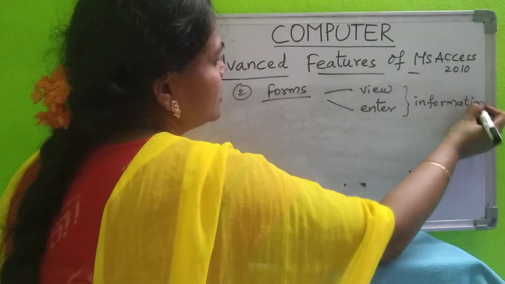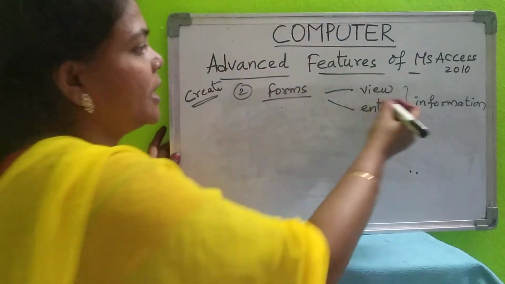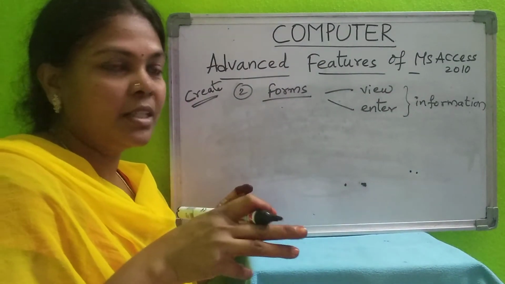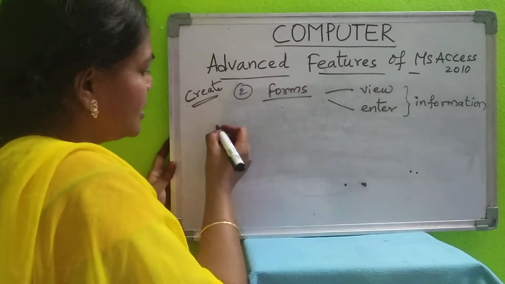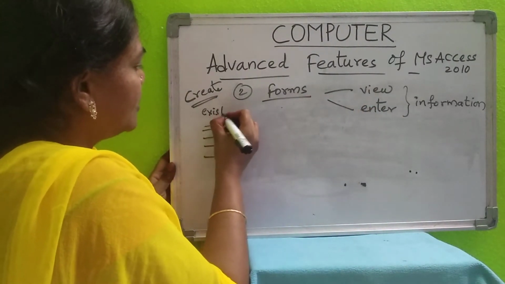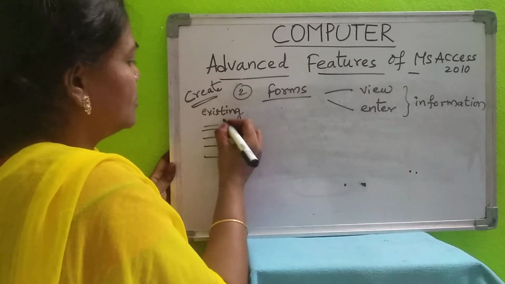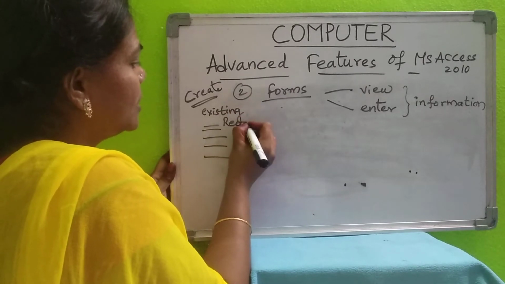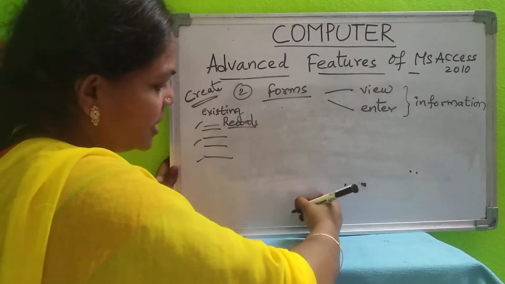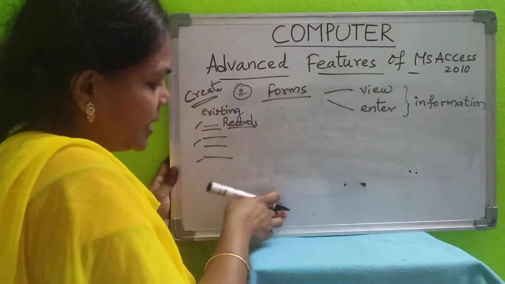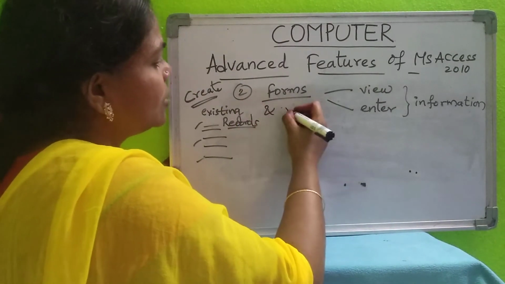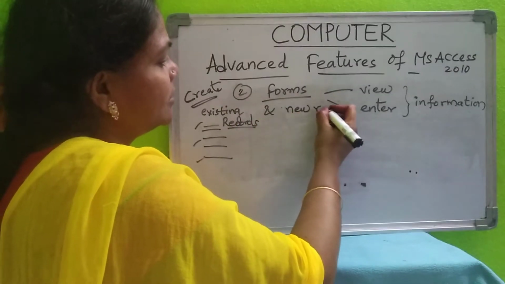So form means, whenever you are taking admissions, at that time you will get one form. In that you will write all your details and save. Whatever the already existing records are, those will be displayed, and you can enter new records also. Existing records will be displayed here, like record 1 of 1, 2 of 2. And you can enter new records also.